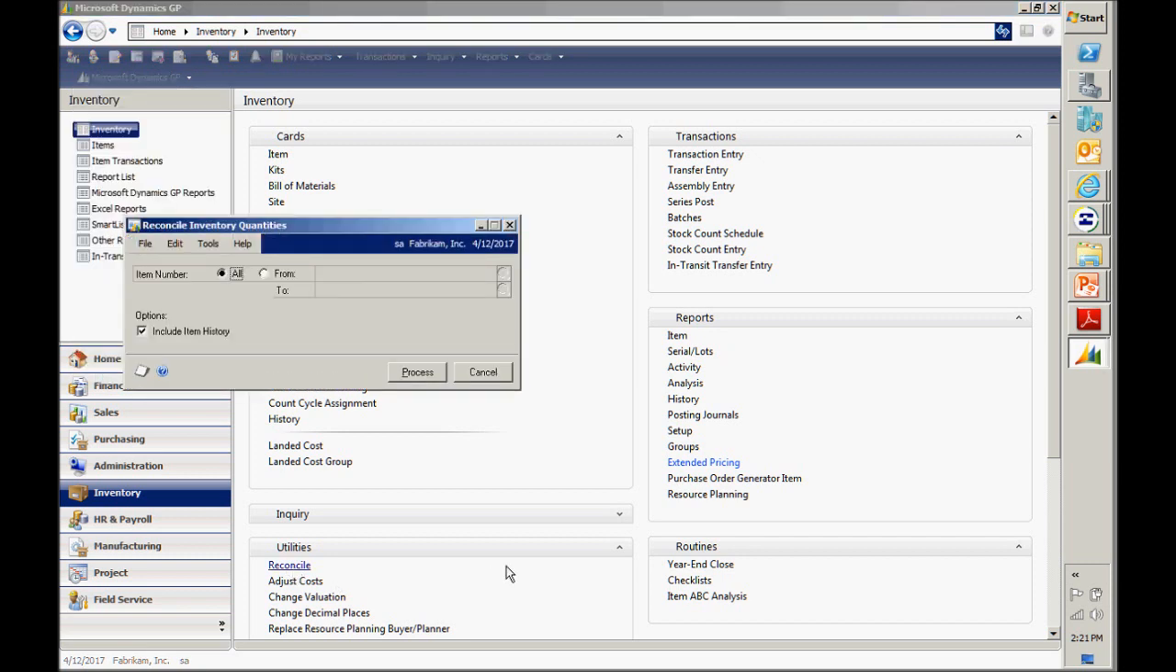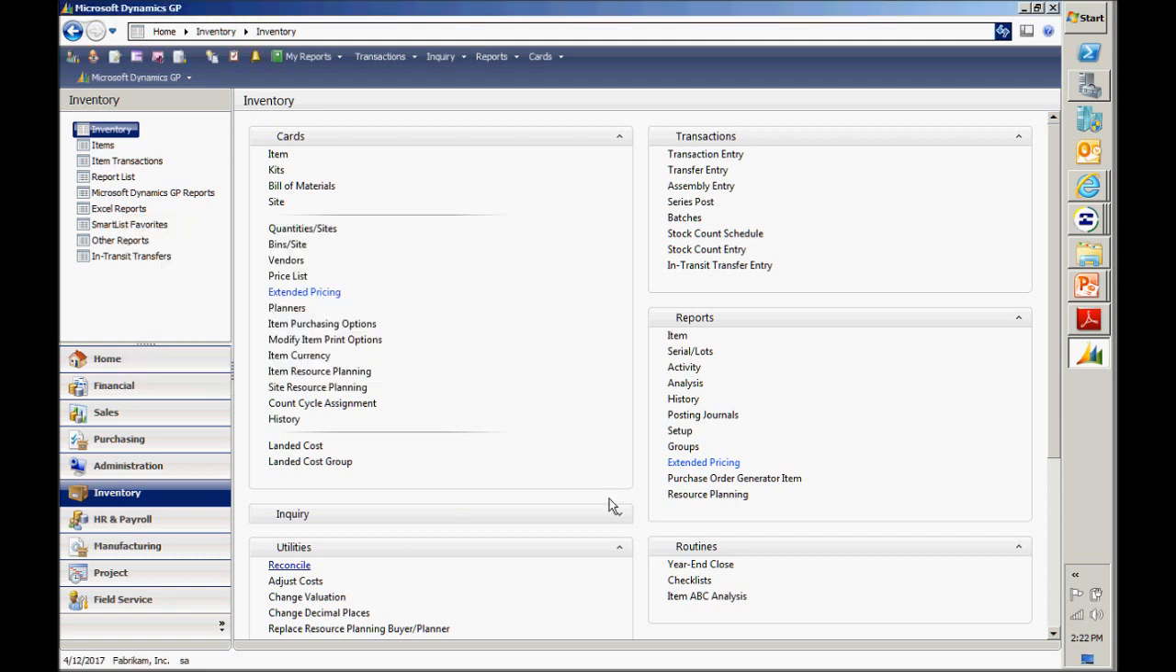Depending on how big your inventory database is, it could take only a few minutes or it could take several hours. So you might want to think about doing that early now, and not wait until you're ready to do the year end. And also unmark Include Item History to make it go faster. If it takes a long time to reconcile, you might want to start the reconcile process at night, before you leave, and then let it run overnight. Okay, once the reconcile is done,